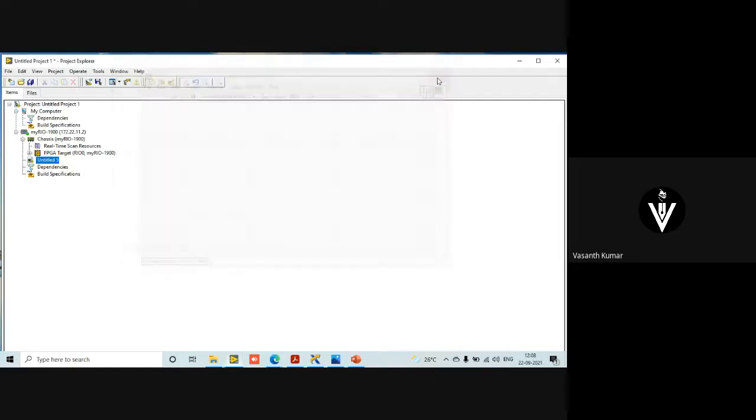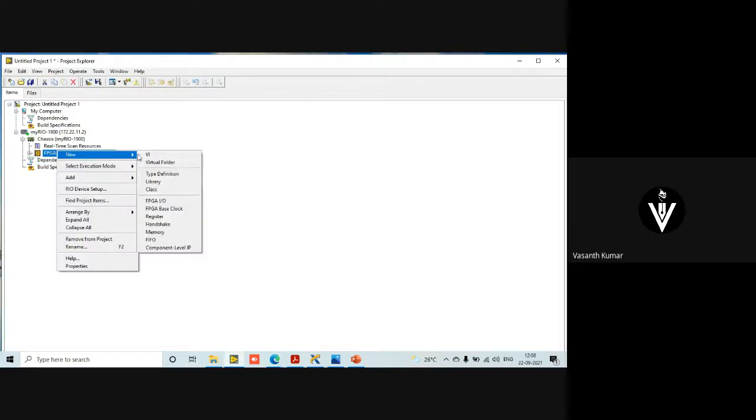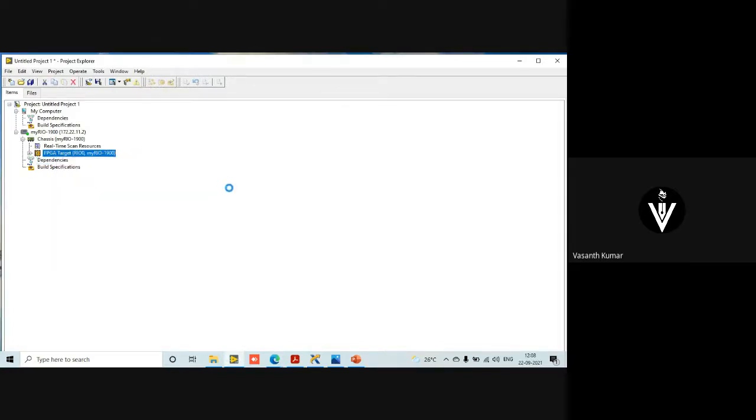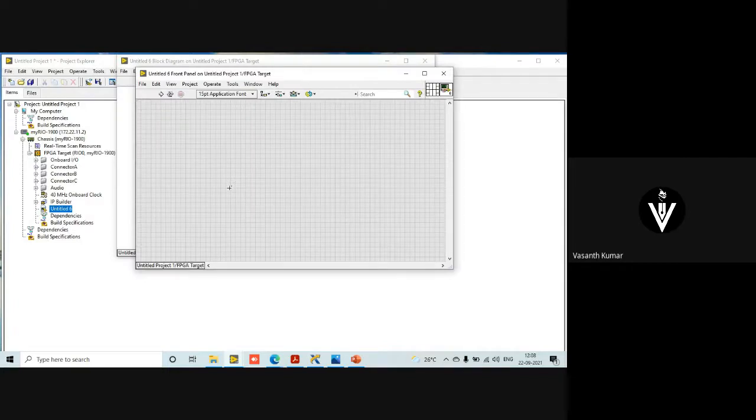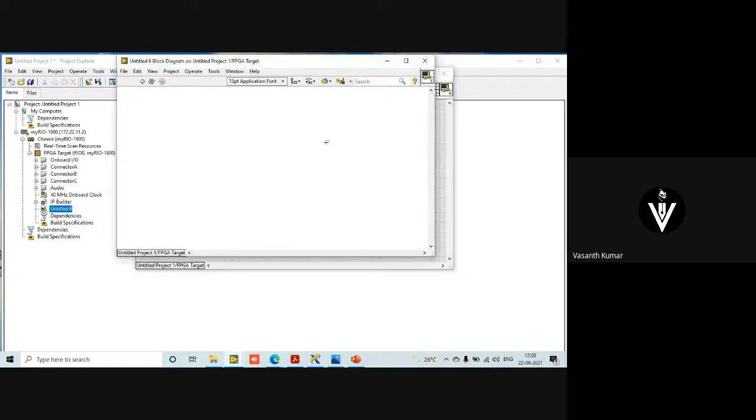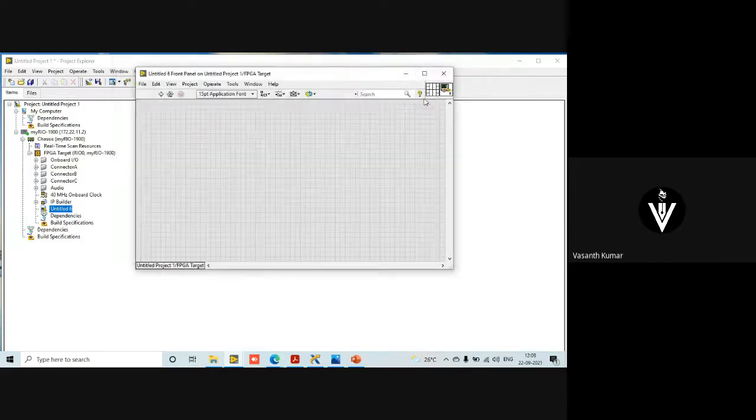And there is one more method. You can right click, new VI under the FPGA. Your MyRio also has an FPGA inside, so the HDL application will start executing. Your FPGA will get configured as per the code you designed. Any logic you put in there will be turned into FPGA programming, and that particular code will be deployed into the FPGA chip. Even on the first day, I was telling you about the FPGA. You can also do FPGA programming, so maybe tomorrow we'll demonstrate how to use an FPGA. All right.